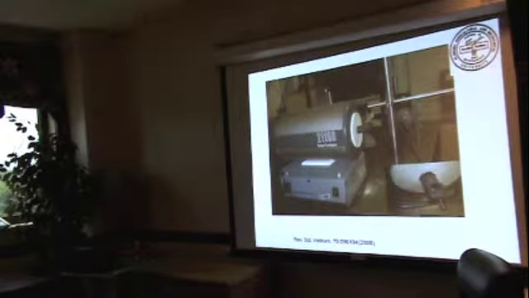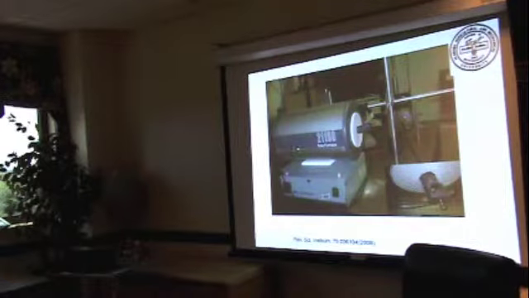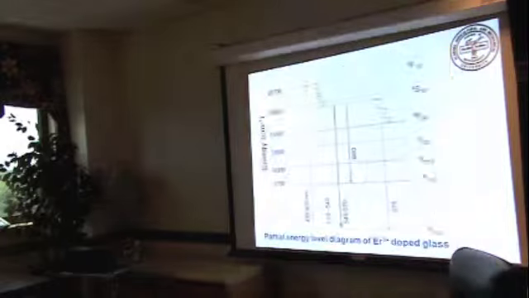For that purpose, this is what we are doing. We keep the sample here, see this little gap inside. This whole thing is in this tube furnace. We turn the power on, so you heat it. It goes only up to 1000 degrees, so you can heat the material up to 1000 degrees. There are two holes here, so you send a laser beam through that. You excite with that particular laser diode. You collect light here, then you send it to the spectrometer. So that's what we set up.